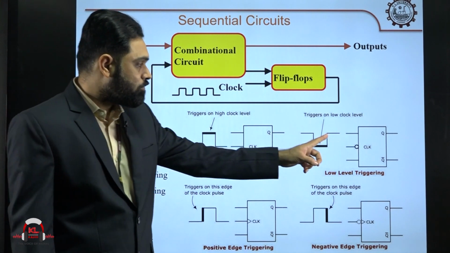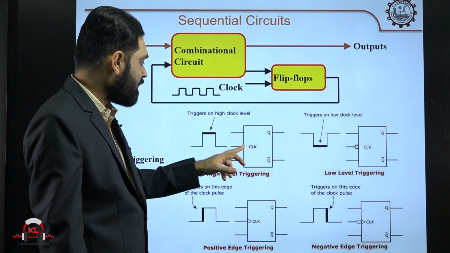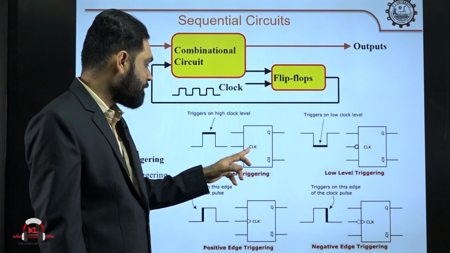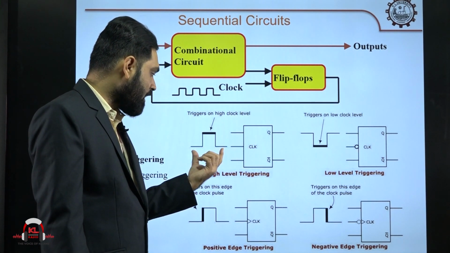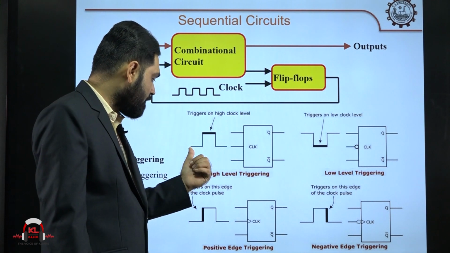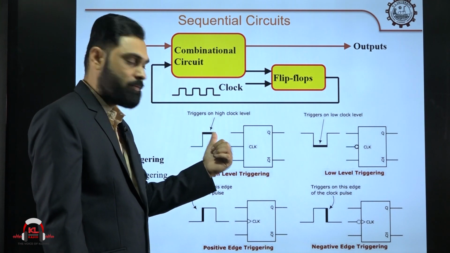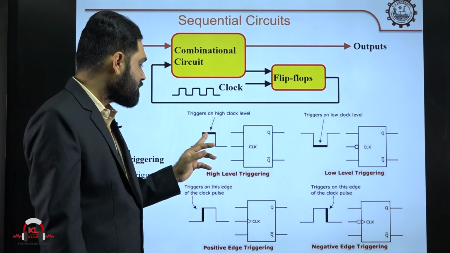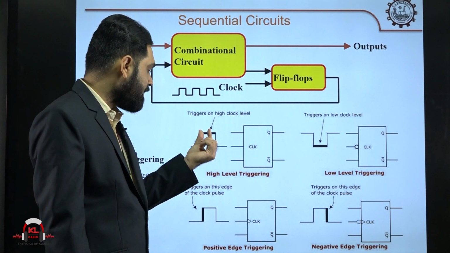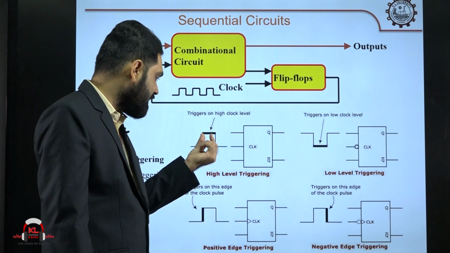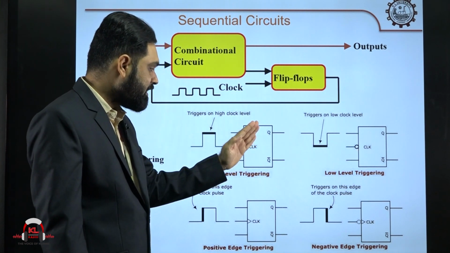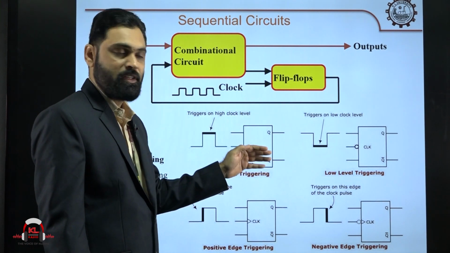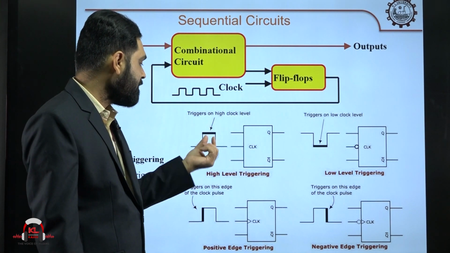If you look at these two blocks, here the triggering, this is one flip flop. This flip flop is triggered, some clock pulse is applied. Whenever you are applying a clock pulse, this clock pulse consists of a negative time period as well as a positive one, a negative level and a positive level, two levels will be there. So, whenever this clock pulse is applied in the positive level, that means in this period, if this device is going to be triggered, this device is going to come into operation,